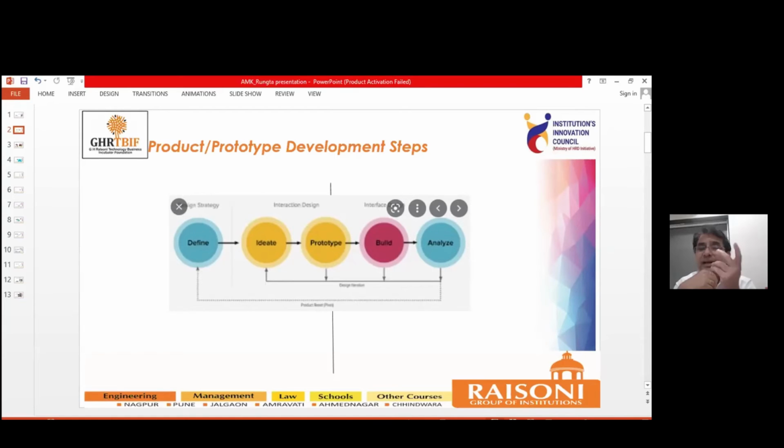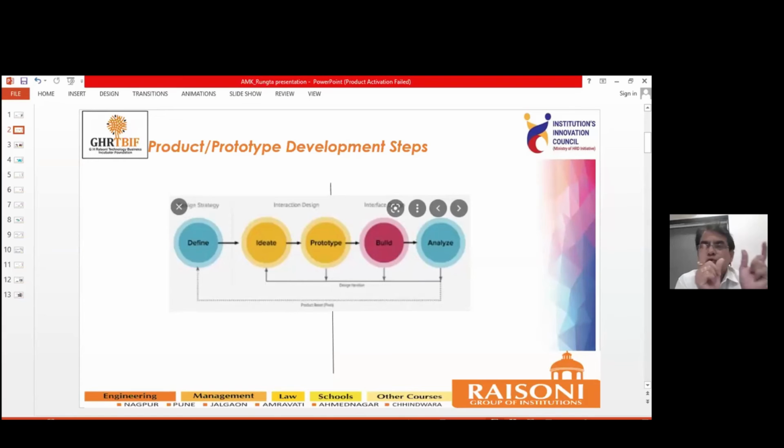This prototype is nothing but the first model, the testing model, and you must manufacture it. Nowadays there are two kinds of solution. One is IT solutions, IT based apps. And another is something physical, related to machining processes and so on. So basically I divided startups into two categories: one is IT based and one is product based. In this product based category, the prototype plays a very important role.